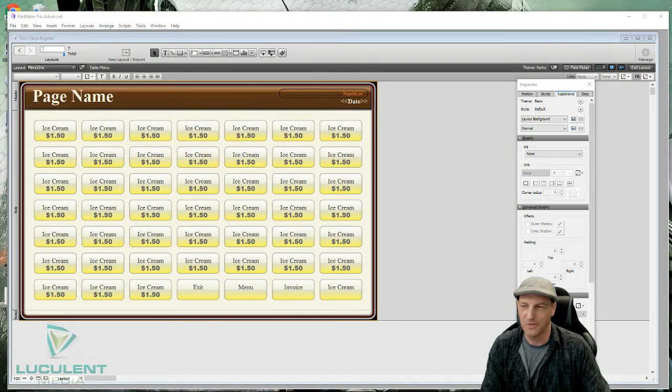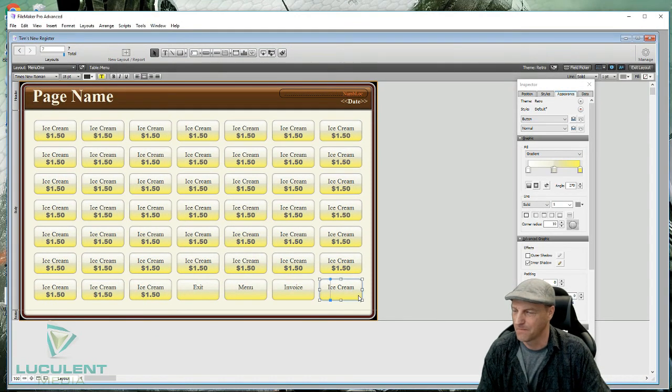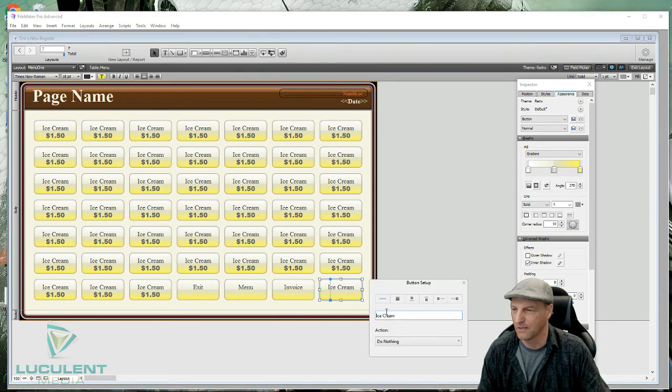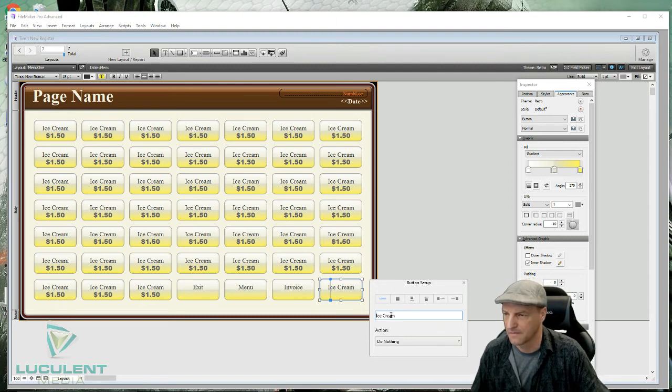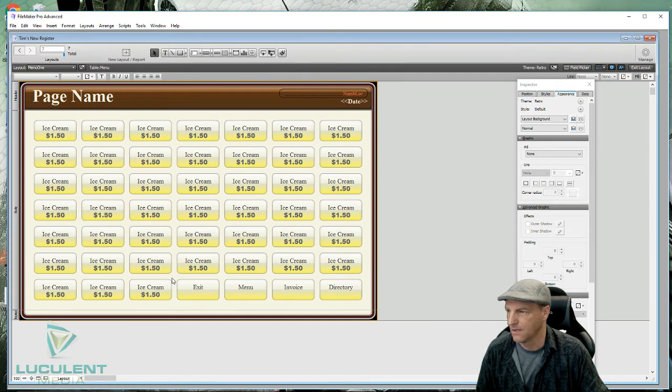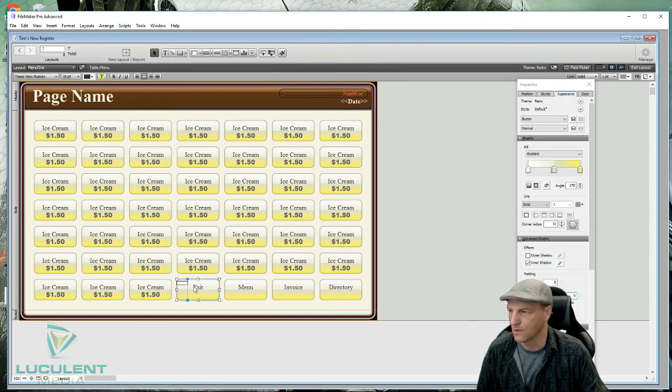We are going to name that button something different. What should we name it? Let's see, mine is invoice, main menu, directory. Okay. And my directory is kind of just a weird directory, so